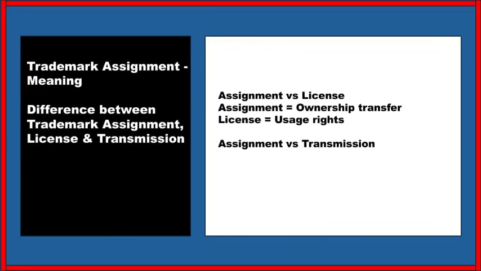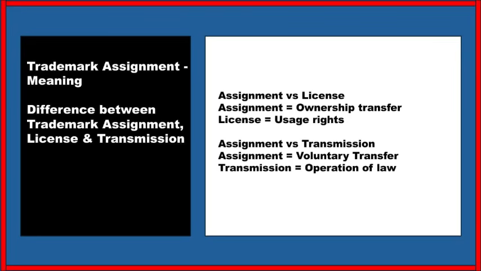Now coming to transmission. Just like assignment, transmission also results in transfer of ownership in trademark. But still, assignment is different from transmission. Let's understand. By way of assignment, the proprietor of the trademark is voluntarily transferring the ownership in the trademark to the other party. Voluntarily here means that he is giving away his ownership rights by his free will. He's transferring, he's selling his ownership rights to the other party in assignment. But when it comes to transmission, here there is an automatic operation of law. What does this mean? We can understand this by examples.